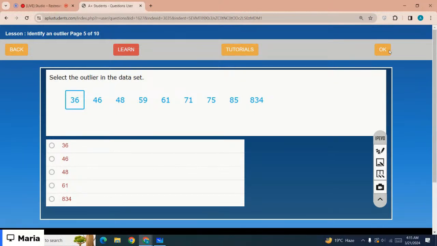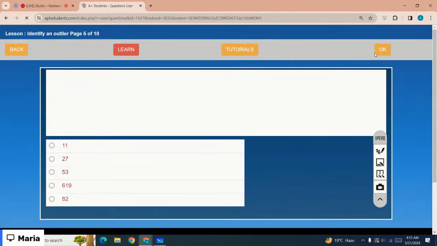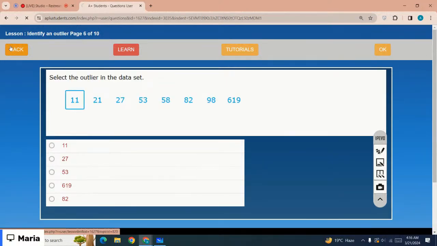Yes, 834 is the outlier because 834 is the greatest number among the others, right? So the correct option is 834. Okay, you can complete the lesson by yourself later today. Let's just move on to the next lesson, and the next lesson is